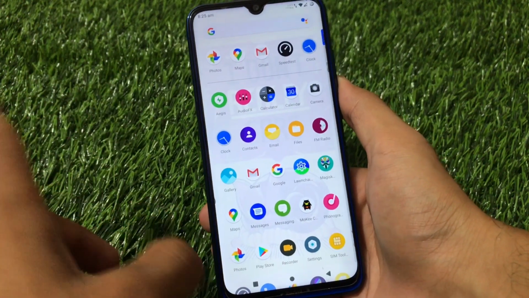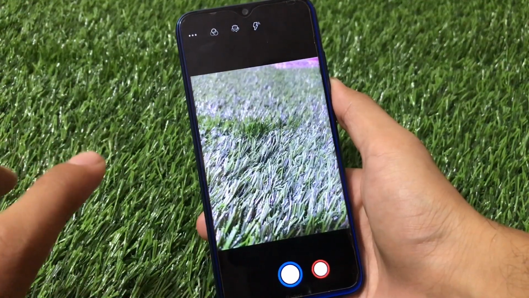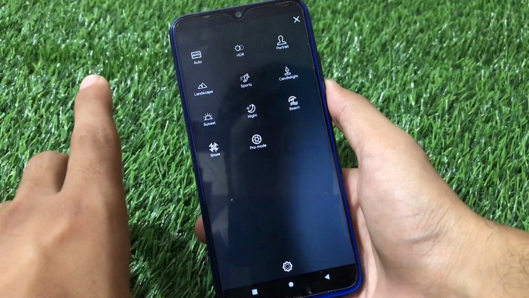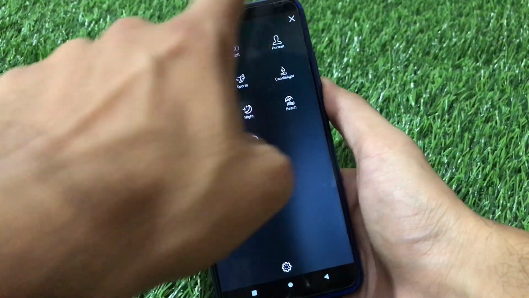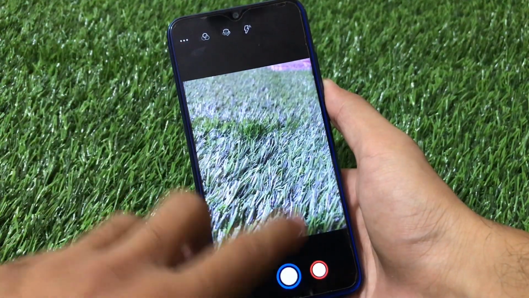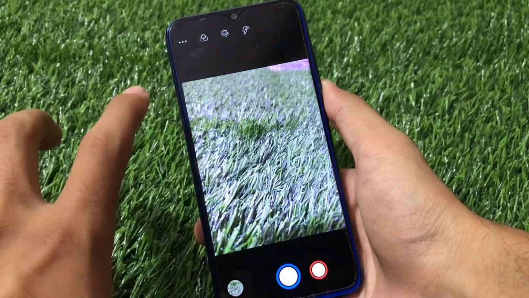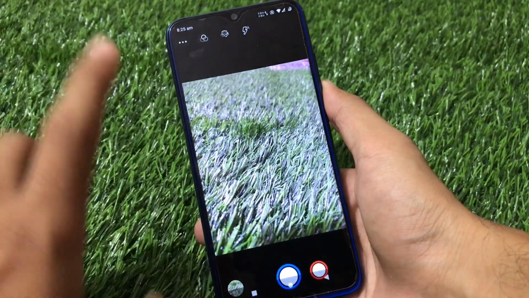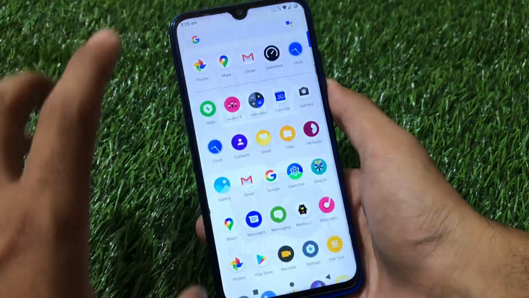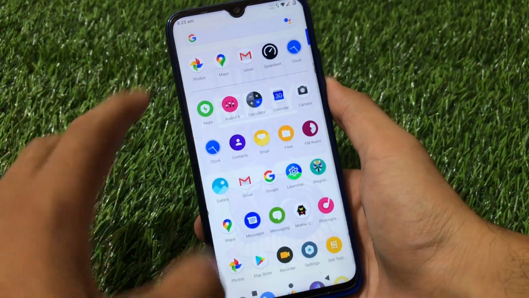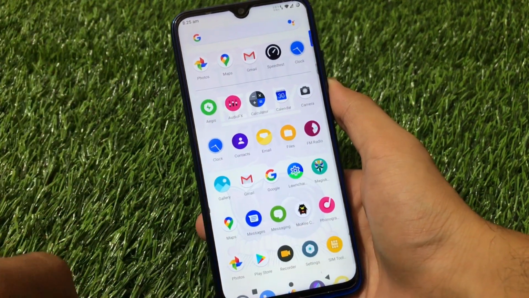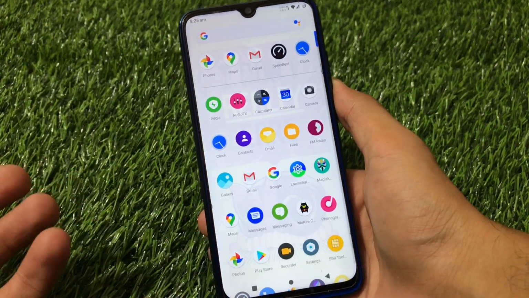And if you talk about the camera, this is the camera look you get here after opening this camera app. Some options are available here like these kind of things. This is kind of a Snapdragon camera and a good thing, but the camera quality is quite good. I am using it for some time and the camera quality is quite good, so at least something is quite good in Moki OS. You can use Gcam also if you want to. There are a lot of Gcams available. If you want the recommended Gcam, the link for that Gcam is in the description. You can go and check it out.